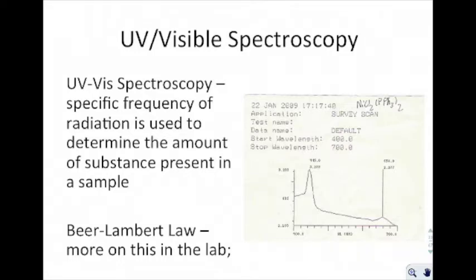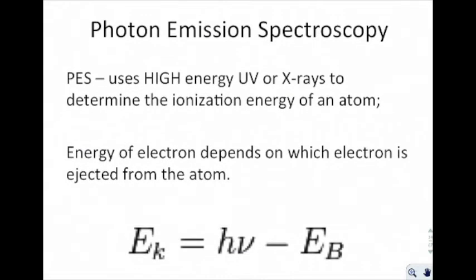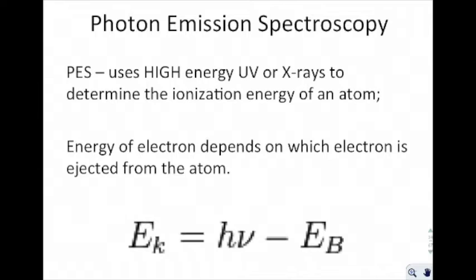Now, we will actually do this lab, so we're not going to go too much into it because we're going to do the Beer-Lambert law. But what this will allow you to do is figure out how much of a specific substance is in a solution. Okay, there is something called photoemission spectroscopy, and what it does is it uses high energy UV and X-rays